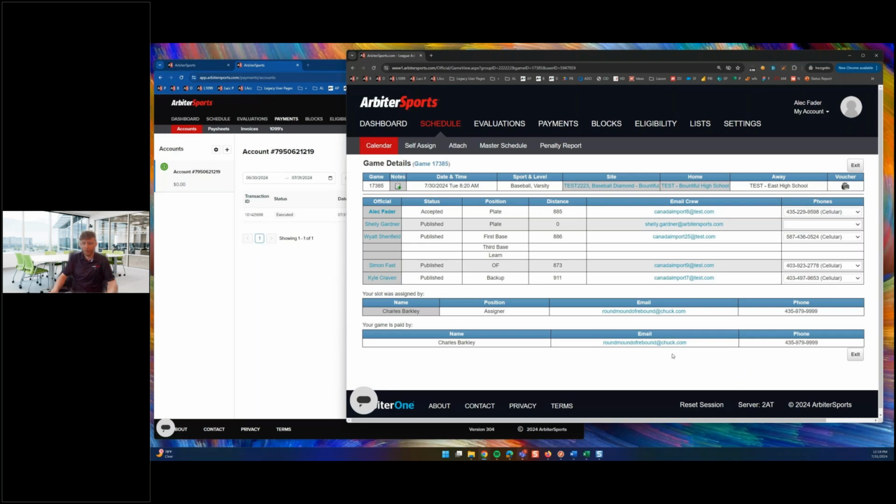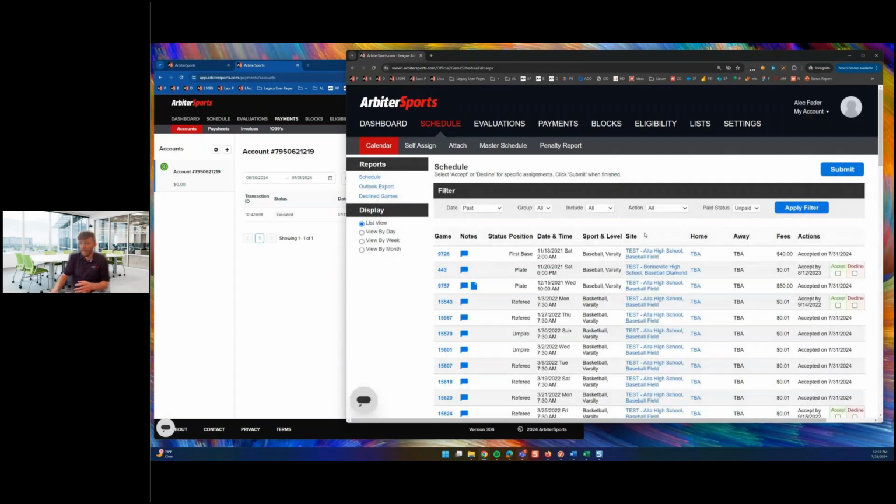This is just an additional tool that you have to be able to chase down that payment if you have questions about it. All right. One other thing that I'll mention here is you can use these filters to show stuff that was paid, stuff that wasn't paid, but